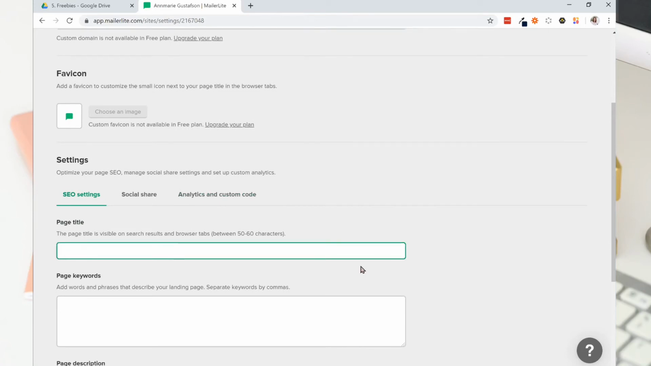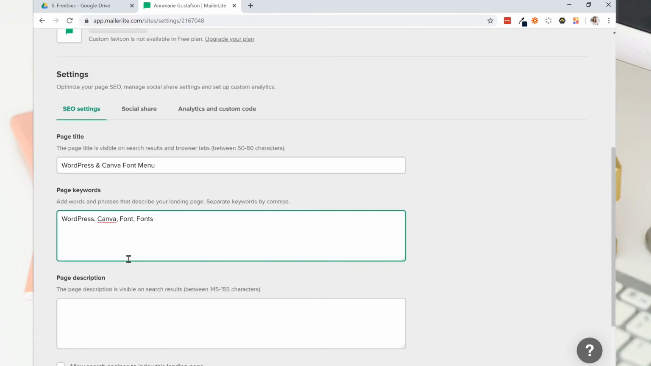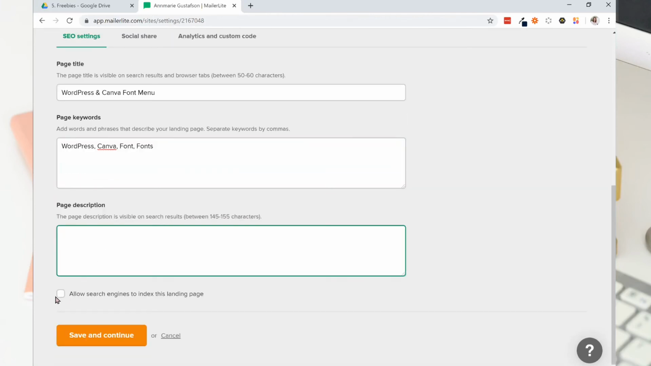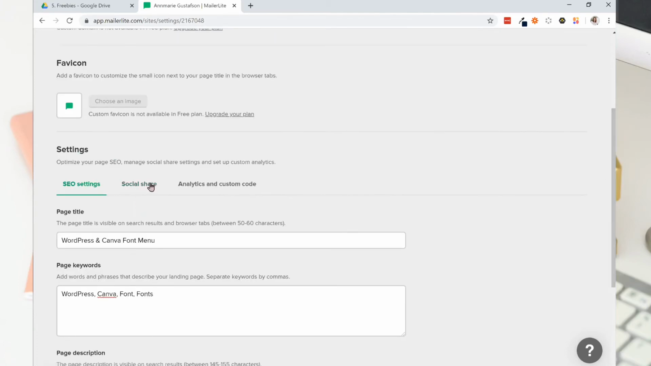You can give this a page title. So you can name it the name of your freebie. You could add keywords. Make sure you separate with commas. You can add a page description. You can check allow to allow the search engines to index this page so Google can crawl it and